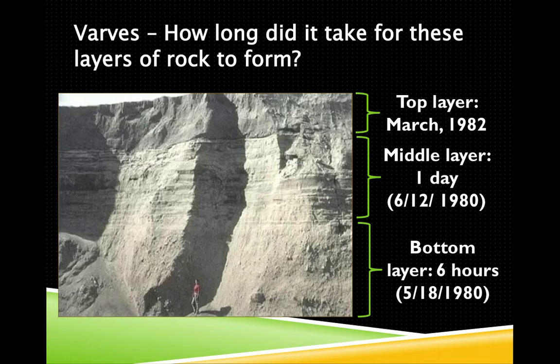And if you haven't figured it out by now, this is near Mount St. Helens when it erupted back in 1980, and then when it erupted again in 1982. But these are layers of sediments that were laid down very, very quickly, even though you can see individual layers in it. And I've been told that if you get up very close to these, you'll actually see things that